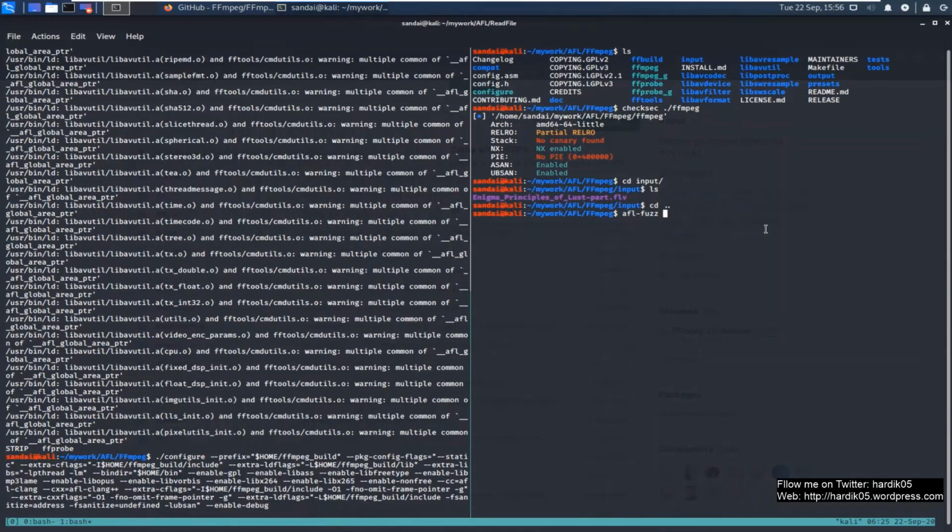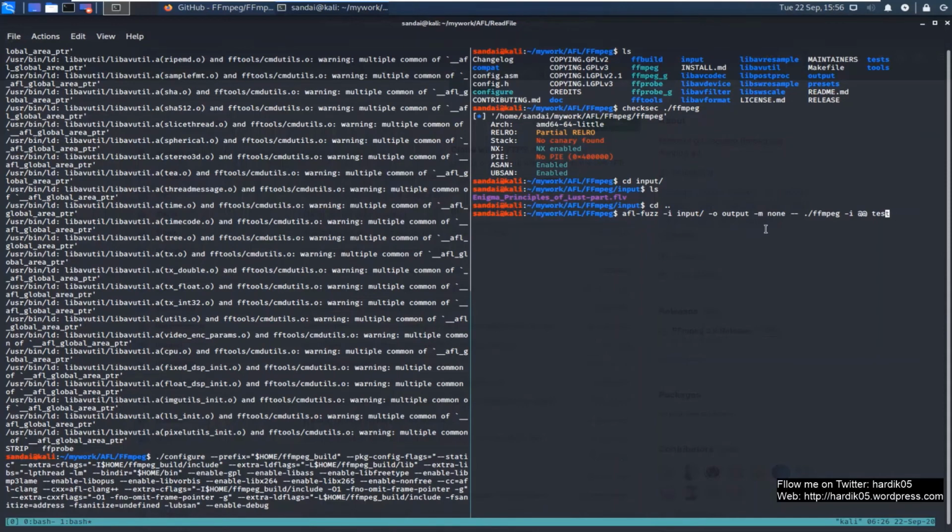And now I'm going to start AFL, and let's see if it's able to run properly or not. The command will be afl-fuzz -i, then the input folder, that is input, then -o and the output folder. Let's keep it as output, and then we will give -m as none. -m is for memory, small m, and capital M is for master-secondary. Since we have compiled it using ASan, it will require a huge amount of memory, so that's why we are saying that there is no memory limit for this process. And then hyphen hyphen, ./ffmpeg -i, and then we will give @@ and a test output.